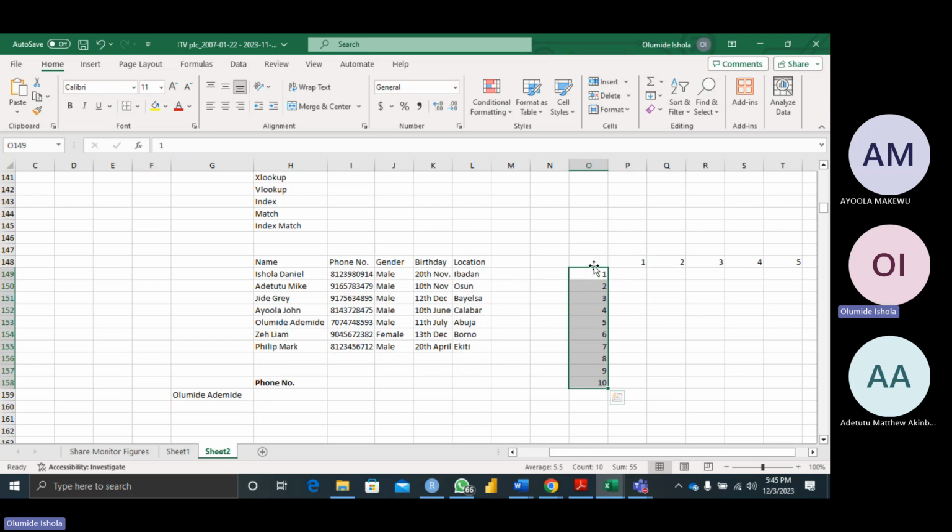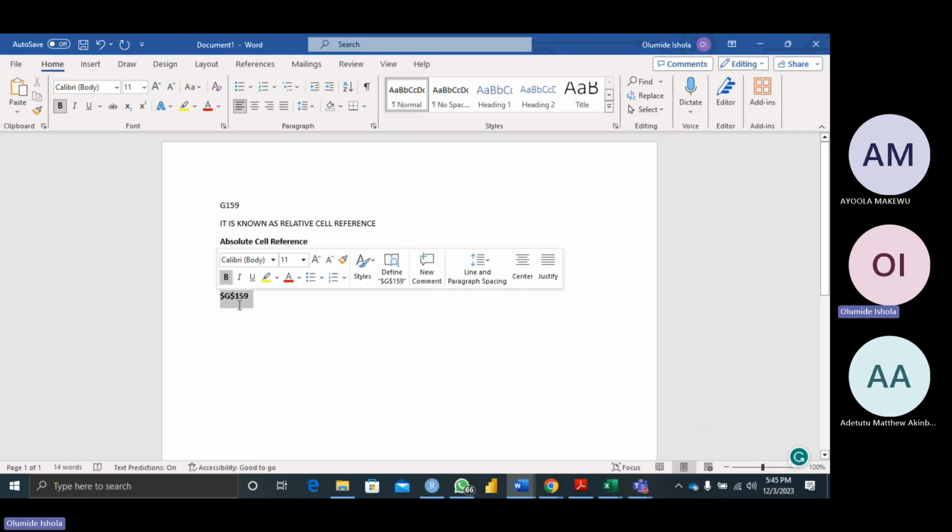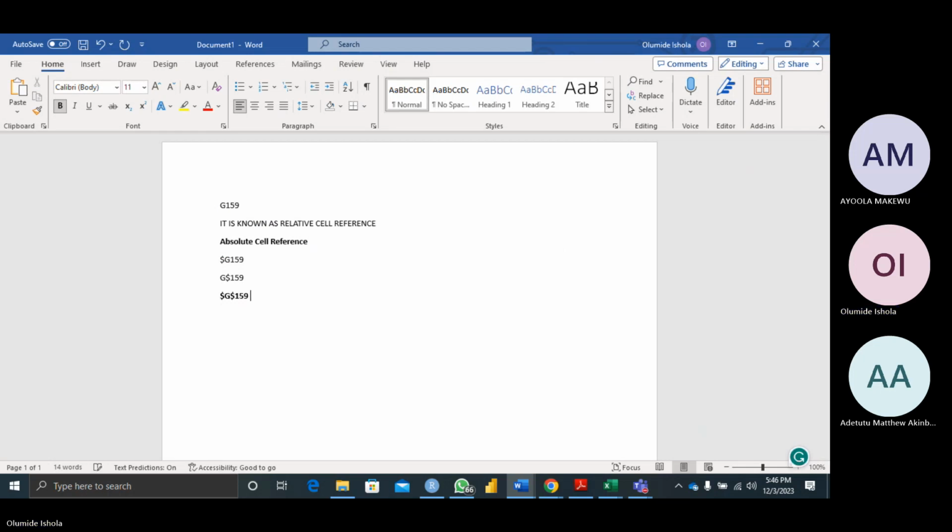So we can't lock this row, this column, because we want it to be moved. See, let me go back to my Word. Once you do this to a cell, it means that you are telling a cell,